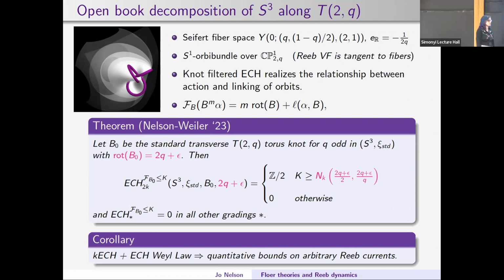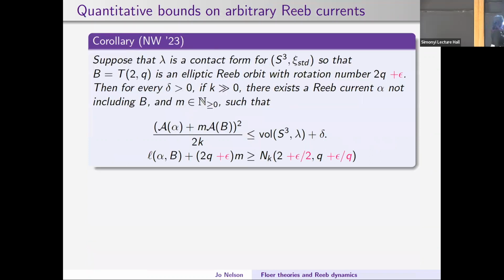I think I got a little bit lost. So you start with a torus knot, and your output is this not filtered ECH. Can it tell you something, the way that the ECH spectrum, for example, tells you something about the dynamics? Yes, so it's going to tell you that for any contact form which admits a T2Q elliptic orbit with rotation number 2Q plus epsilon,